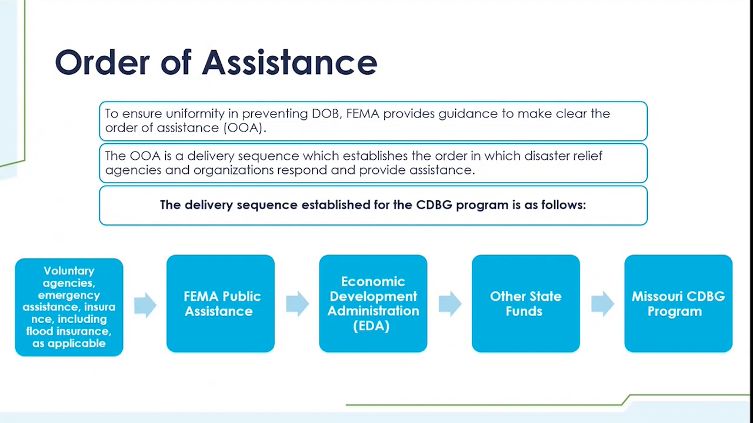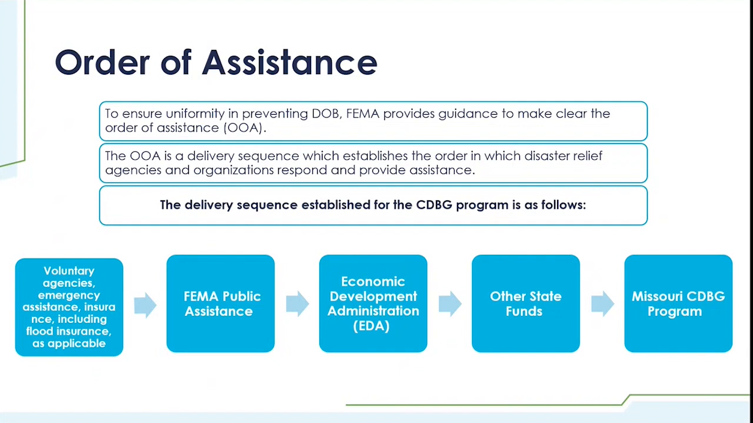Okay, so the order of assistance is a delivery sequence that establishes the order in which disaster relief agencies can respond and provide assistance. As a general rule of thumb, a CDBG is considered the funding of last resort. So that basically means that once all other avenues and options have been exhausted, that's when CDBG will step in. So just as an example, the order of assistance for infrastructure projects will generally be, the first